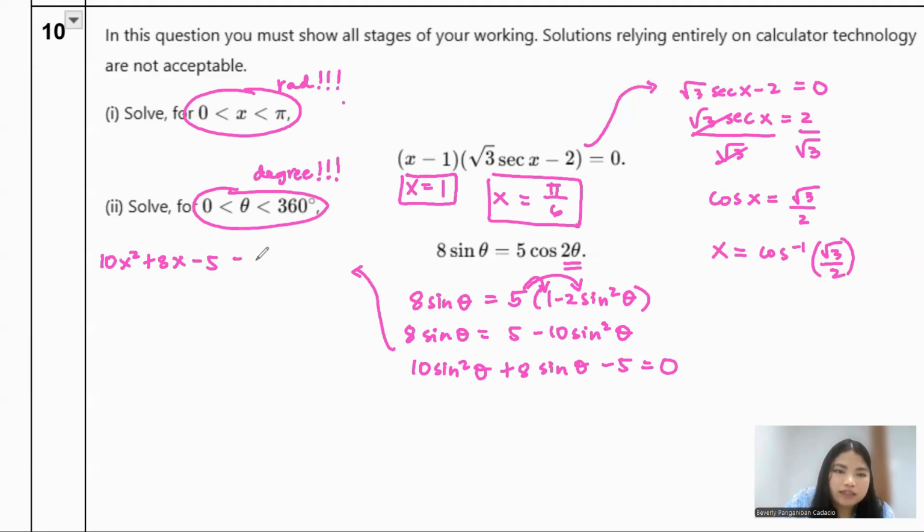And actually, this is not a really good quadratic. Like you can do mental math or you can do magic x. We are suggesting for you to use the quadratic formula, which is given anyway. So you can just put it there. So the quadratic formula is, that it will be b squared minus